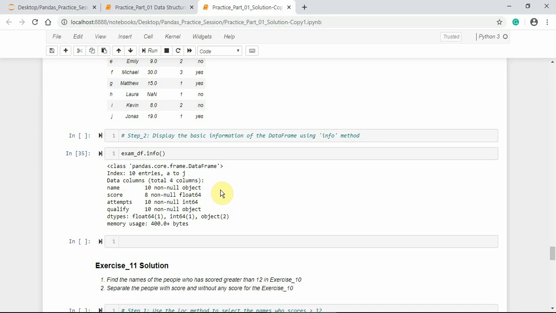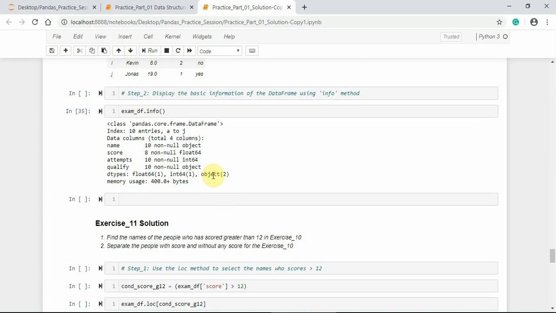The data types display that it has one column of type float, one column of type integer, and two columns of type object, and also the memory usage, that is 400 plus bytes.